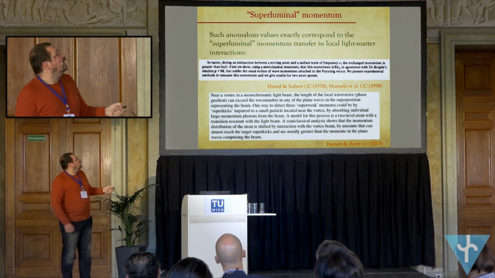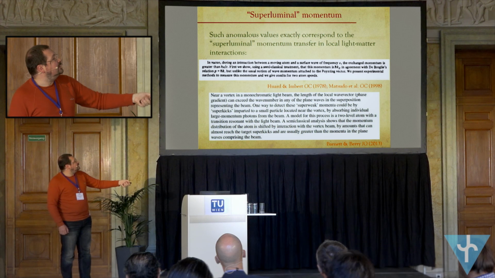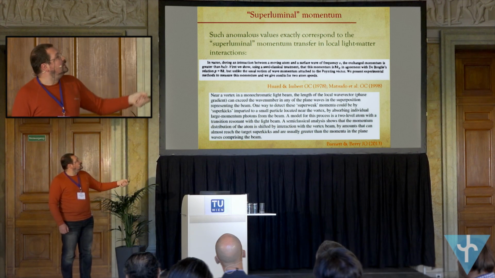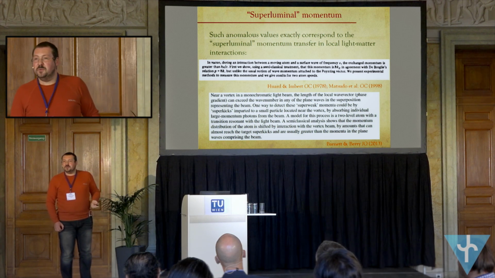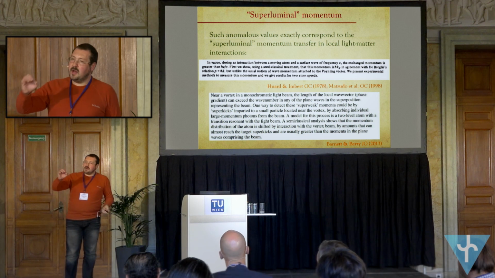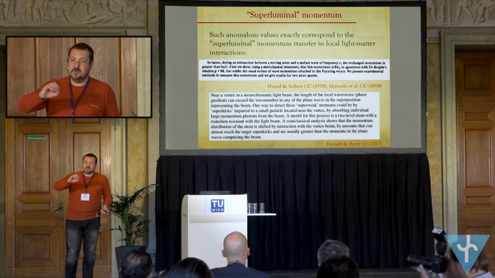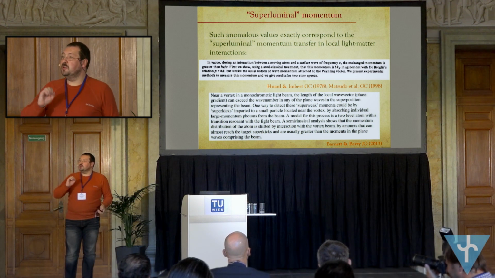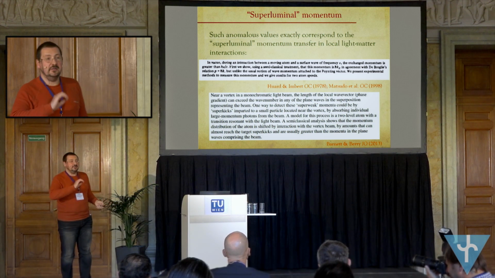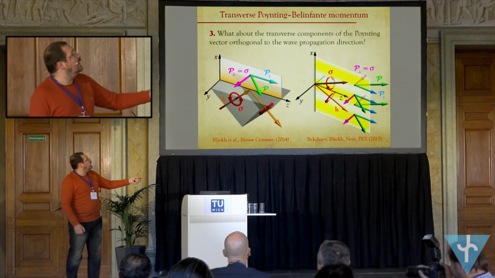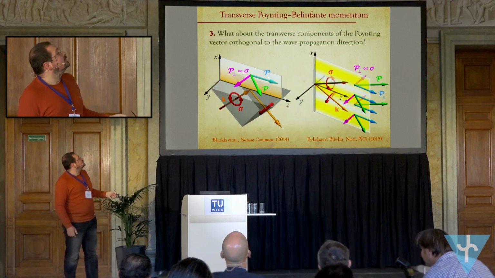And they emphasize that this is consistent with the de Broglie picture, but is not consistent with the Poynting vector picture. And recently also Michael Berry and Steve Barnett calculated the same super weak momentum transfer near optical vortices. So you can put atom near the optical vortex core, and the momentum transfer per one photon will be anomalously large, actually not restricted by any limits apart from the atom size.